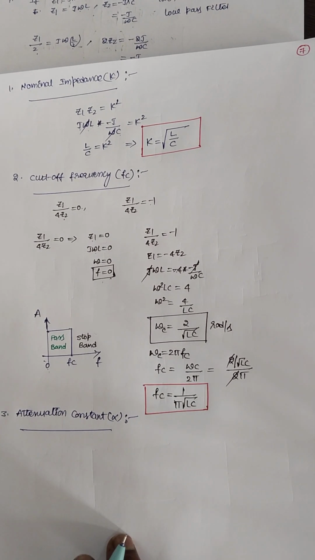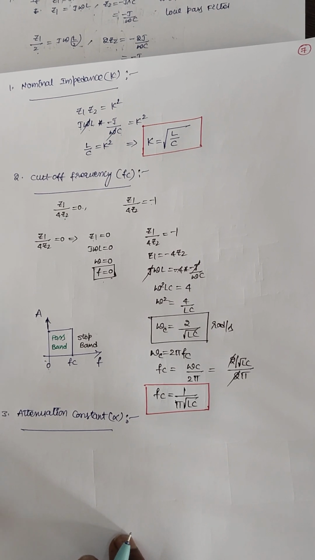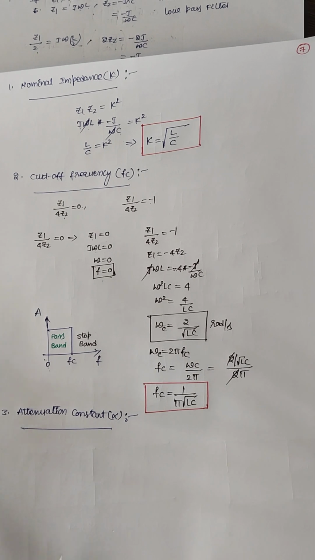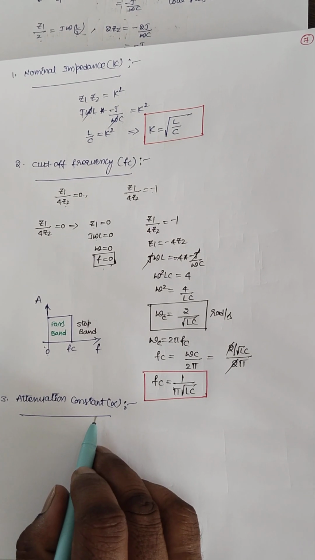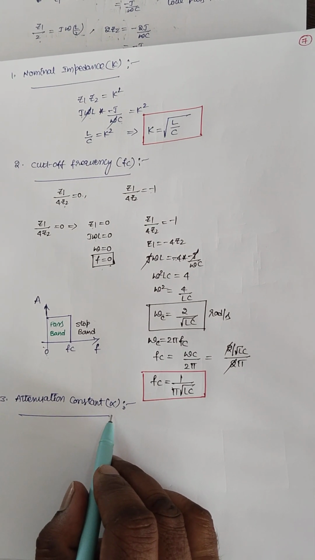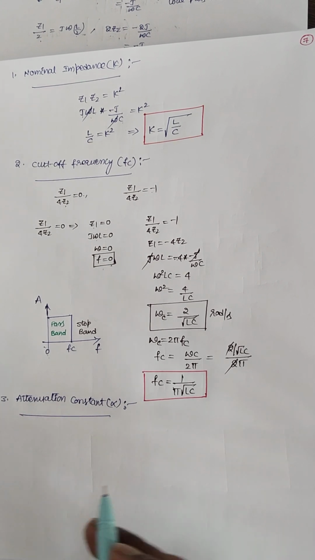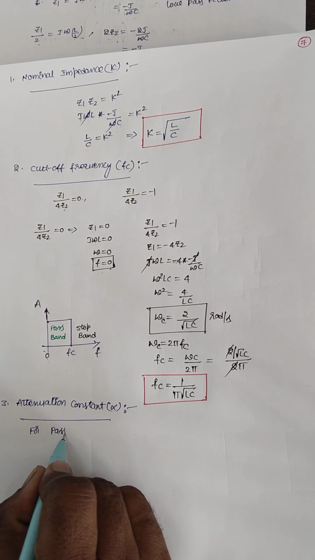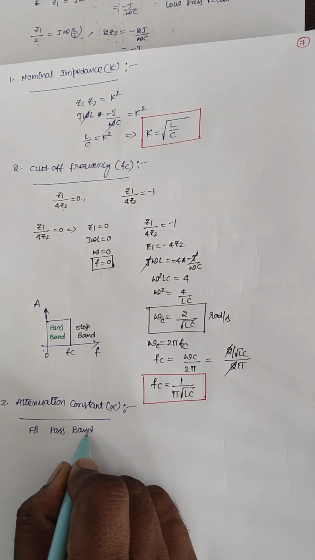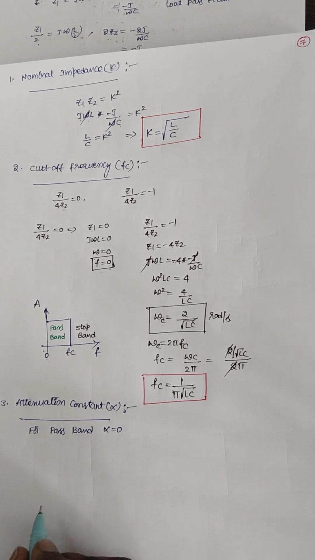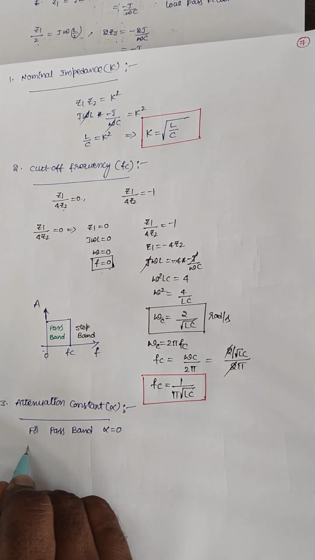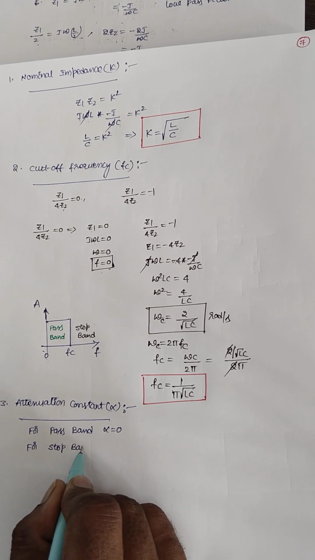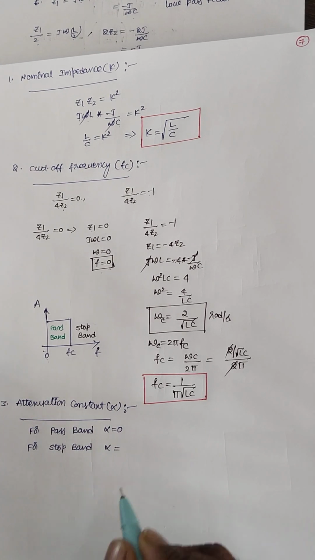Next, this attenuation constant alpha, I need to use the expression in the stop band only. We got the expression for attenuation. So for the pass band, the alpha value should be equal to 0, and for the stop band, the expression that we already got,